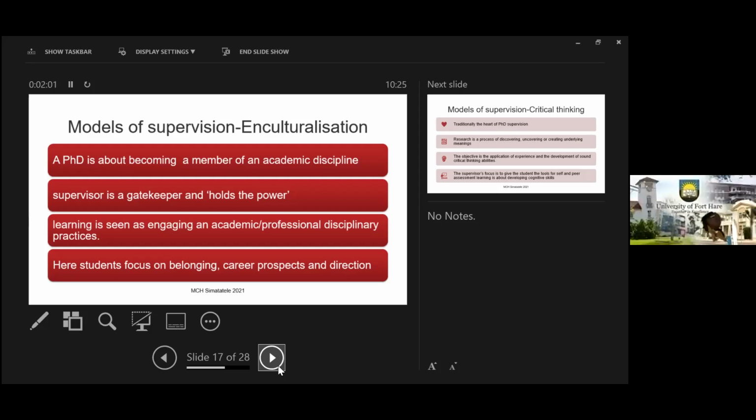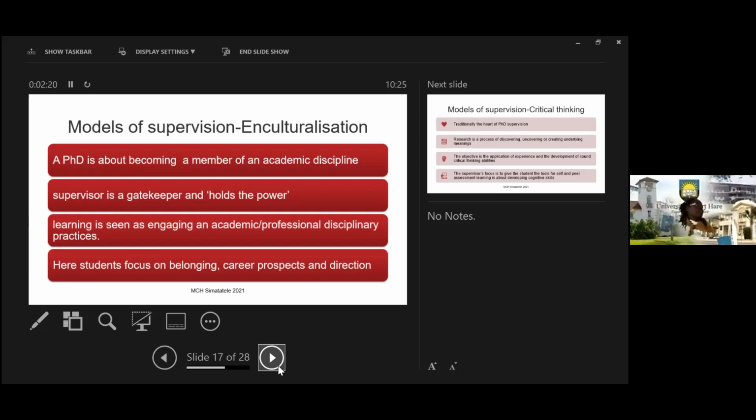We want you to think in a particular way. But again, as I mentioned yesterday, PhD doctoral study has changed over time, right? It's something that's open to more people. So as much as we're acknowledging this type of supervision, I wouldn't advise it because it's an obsolete way of